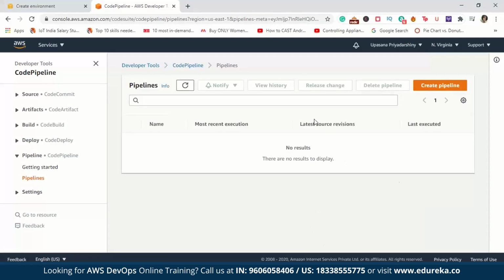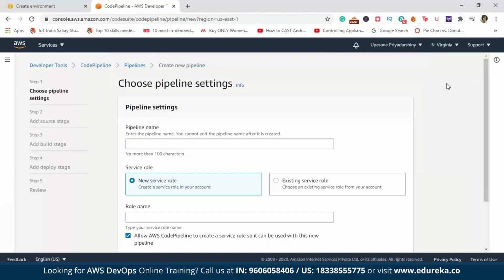Now, this is your dashboard. This is where all of your recent pipelines will appear. Since in this free tier, we have no pipelines created, hence you have no results to display. So first things first, I'm going to create a pipeline. So click on this big orange button which says Create Pipeline. I'm going to give the pipeline a name. Let's just call it